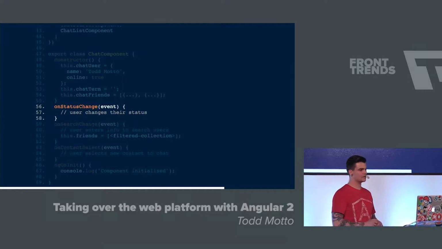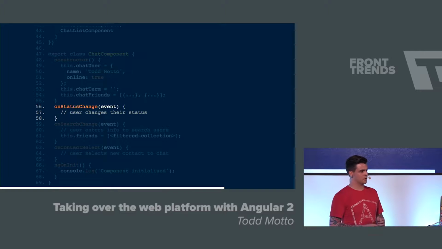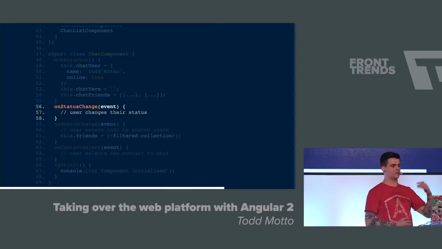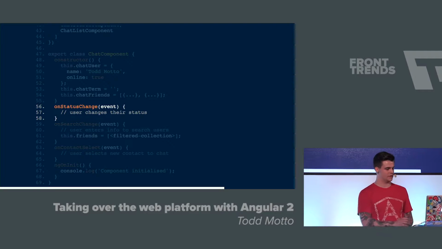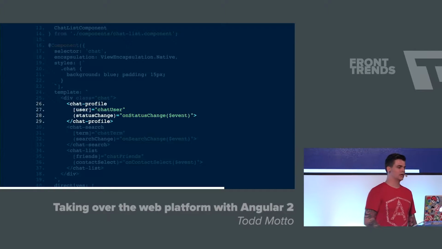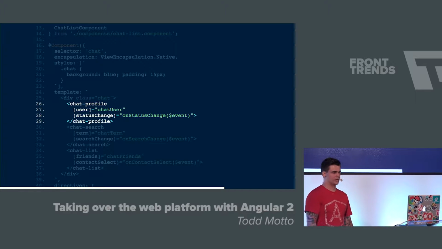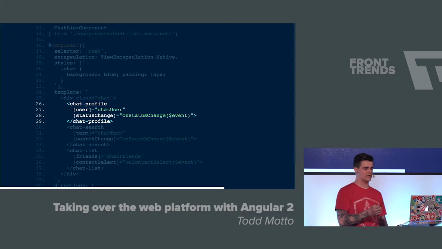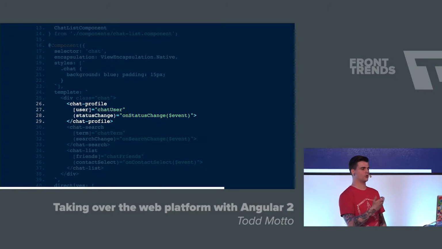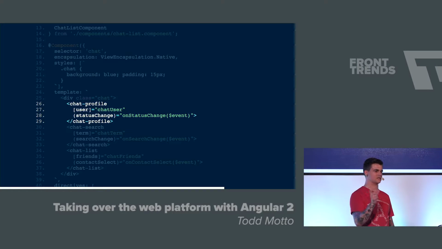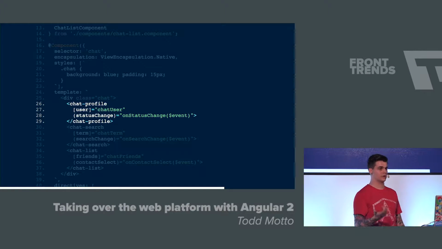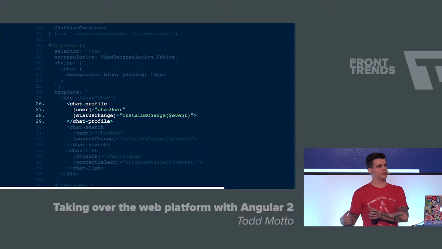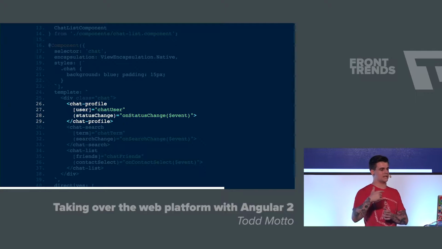So let's look at onStatusChange. This gets called when a user changes their status. So we want to know about this in the top level component. We don't want to handle all this stuff further down. So what we can do, we use some brackets this time instead of square brackets. We create a property called statusChange, and then we pass in a function called onStatusChange, which then takes an event. So we expect an event object back. Like we looked at earlier, data flows down, events flow up. So this is how we pass functions down that we can call in the child and pass that event data